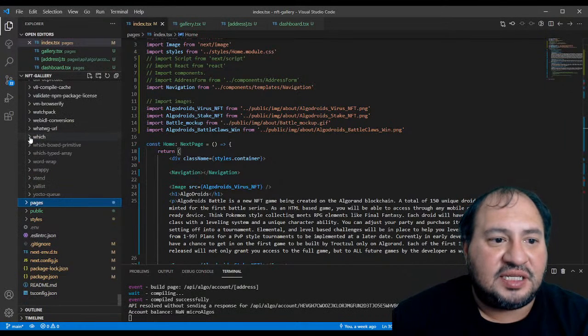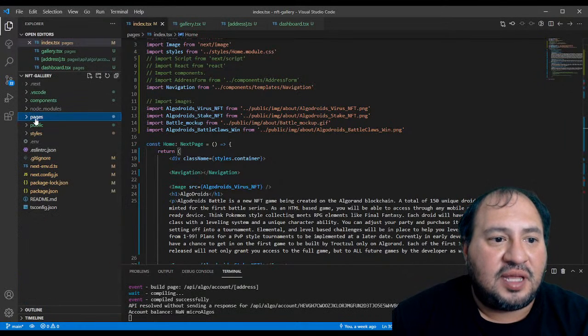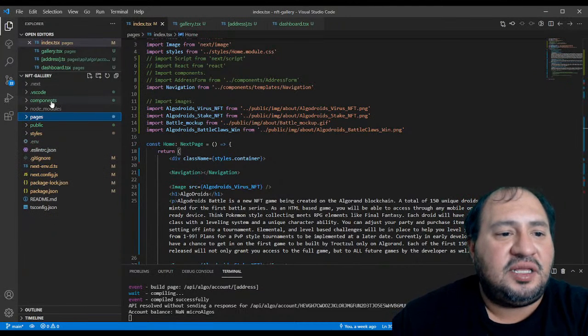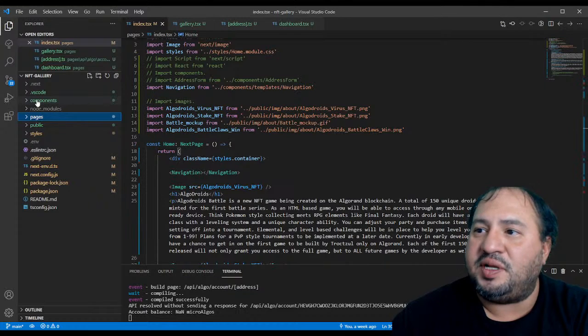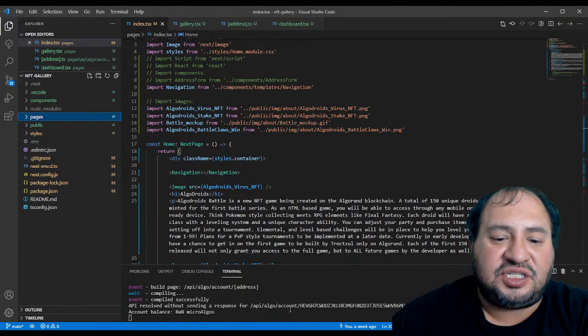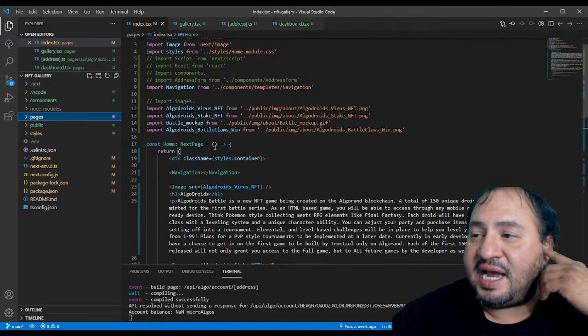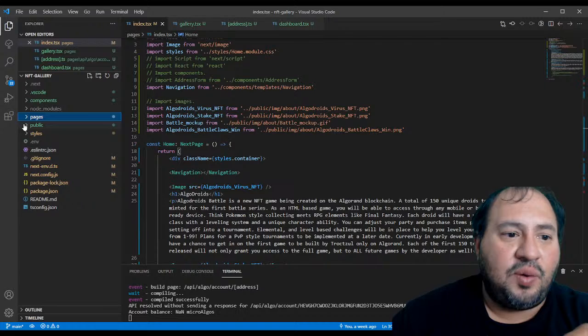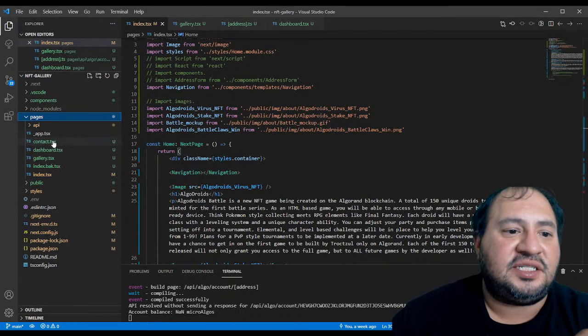You get your pages. Let me go ahead and close all that. But you got pages. Behind most of this, other than I think I created this components directory right here, and obviously VS Code made this, and .next over here, that's the code that I think is generated when it is actually built. So anyway, here in the pages, every page is its own